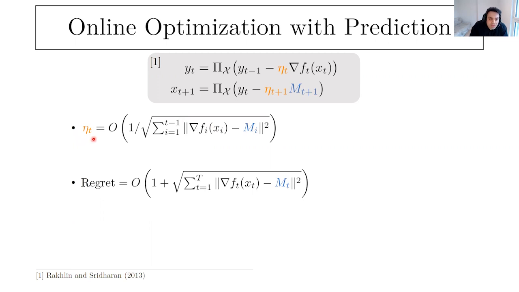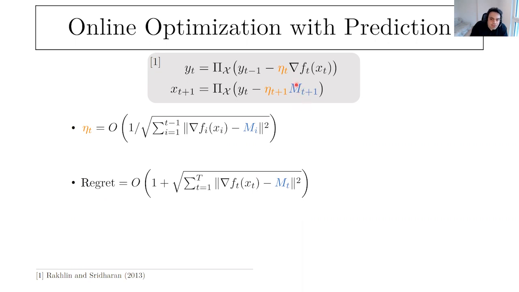And what is interesting is that the regret is also characterized based on the same criteria. So based on the mistakes that you had, or let's say the mismatch between the character m_t and the gradient of the loss function, you can actually characterize the regret. Now, let me give you a very degenerate, very extreme example.